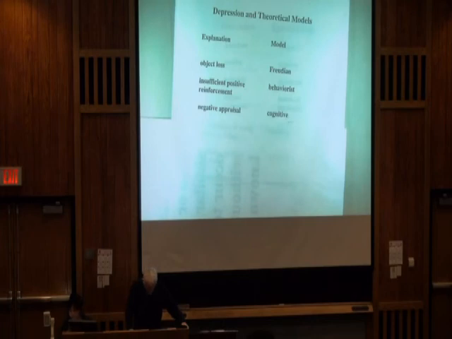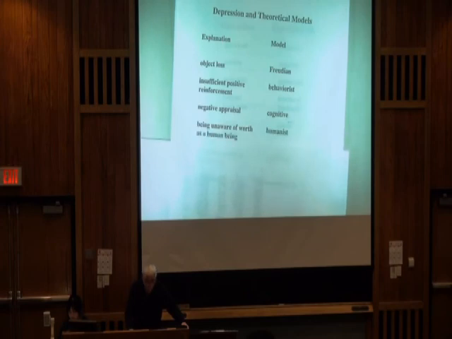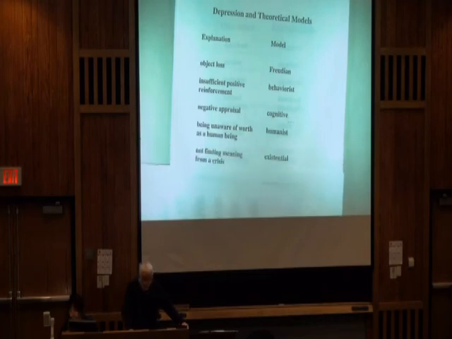Next slide. The humanist says, if you're not aware of your value, excuse me, as a human being, you're going to get depressed because you are a good human being. And the existentialist would say, you don't have any crisis, so you're not finding any meaning in life. You're going to have something negative to goad you into finding the real meaning in life. That's depression. And the neuroscientist would say, which I didn't cover much because I'm going to talk about the brain in great detail,